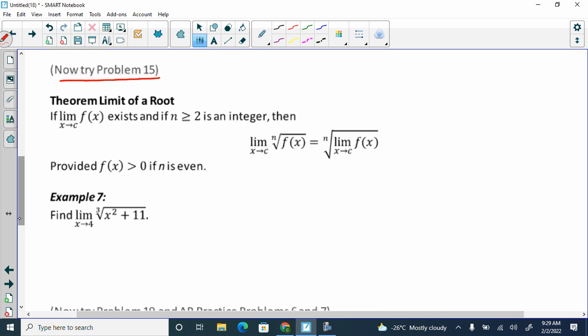If it's a root, it's just like writing it to the power of a fraction, correct? So it would be the exact same rules as the previous one. You could find the limit and then you could raise it to the power of the root. But if I plug the 4 in, do I have any problems? No. So I just plug it in. I'm going to get 4 squared plus 11, which is the cube root of 27, which is